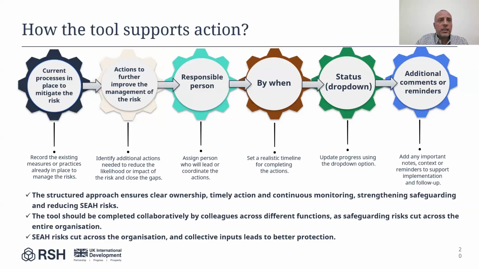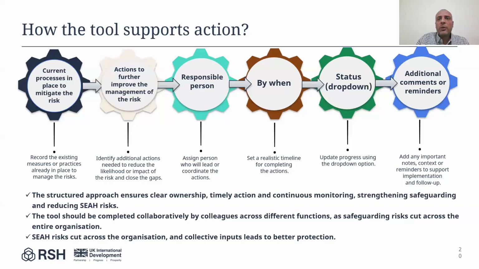Each action is assigned to a responsible person with a realistic time frame for implementation. The progress is then monitored using the status column inside the risk assessment tool through a drop-down list.